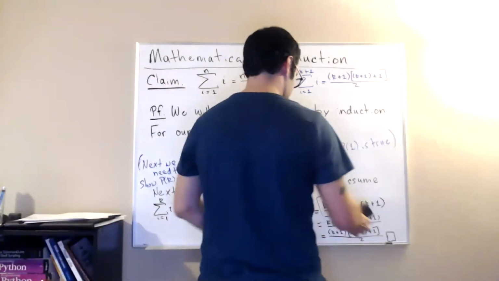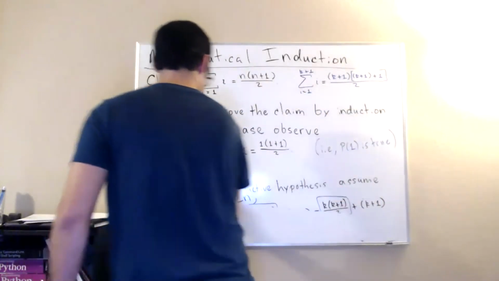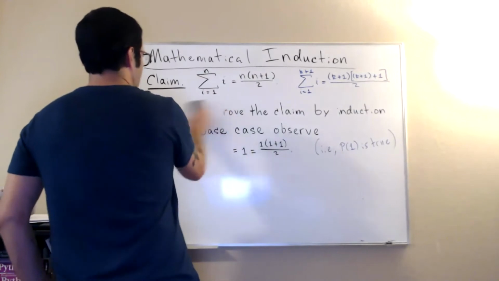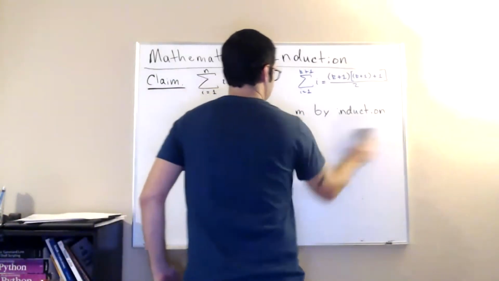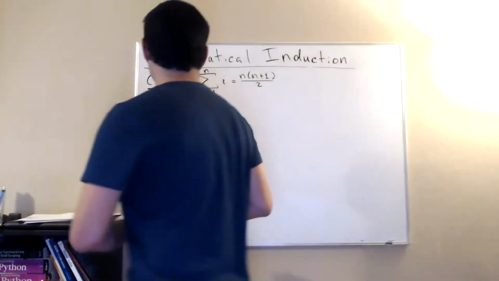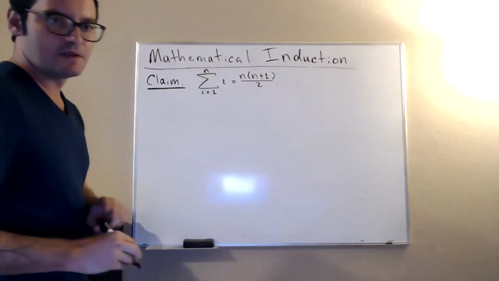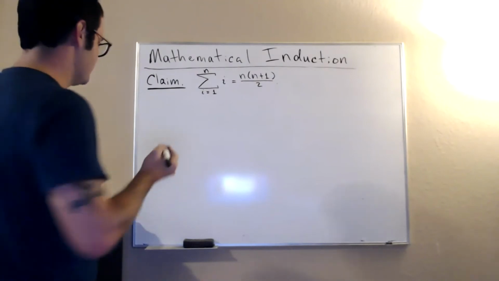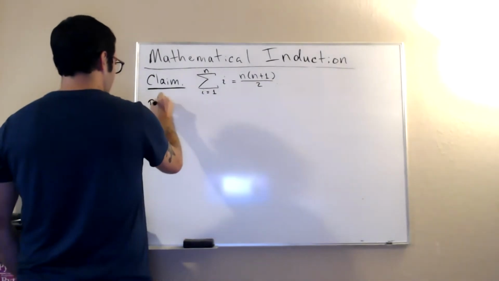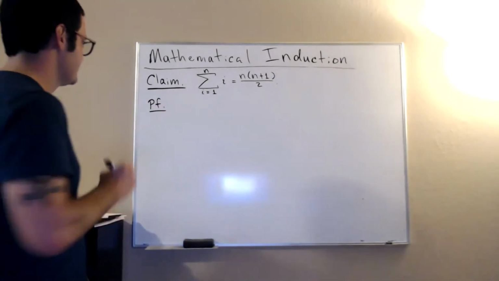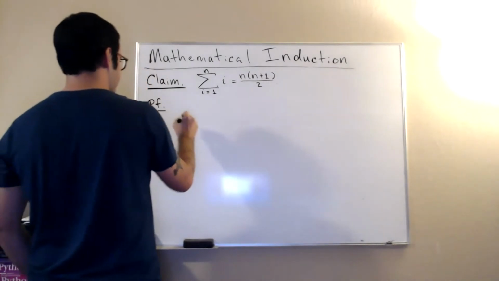So I'm going to do it again. And so I'm going to try my best to write out all the details though. The previous proof was okay, but I don't think it was the best. So proof,